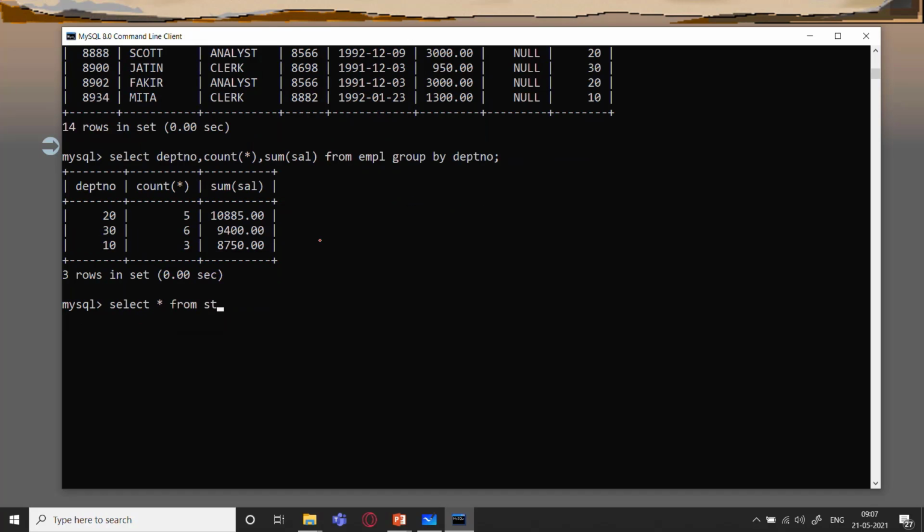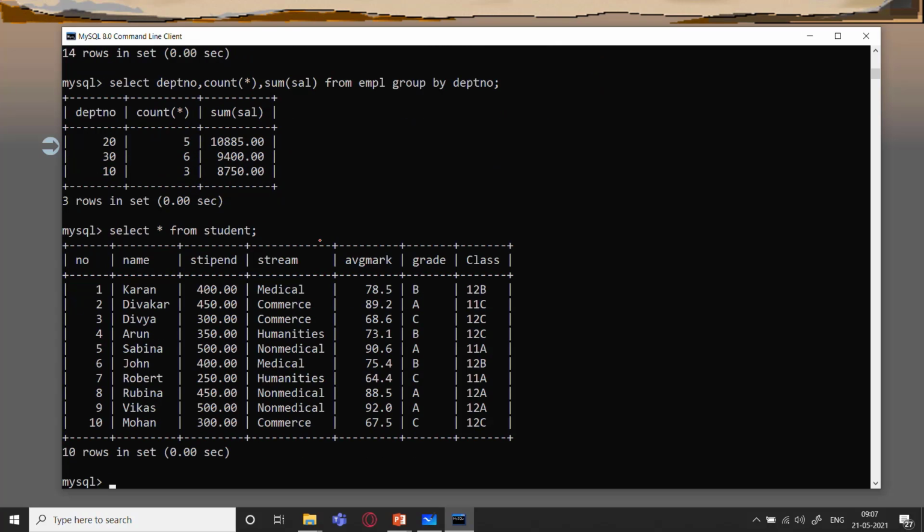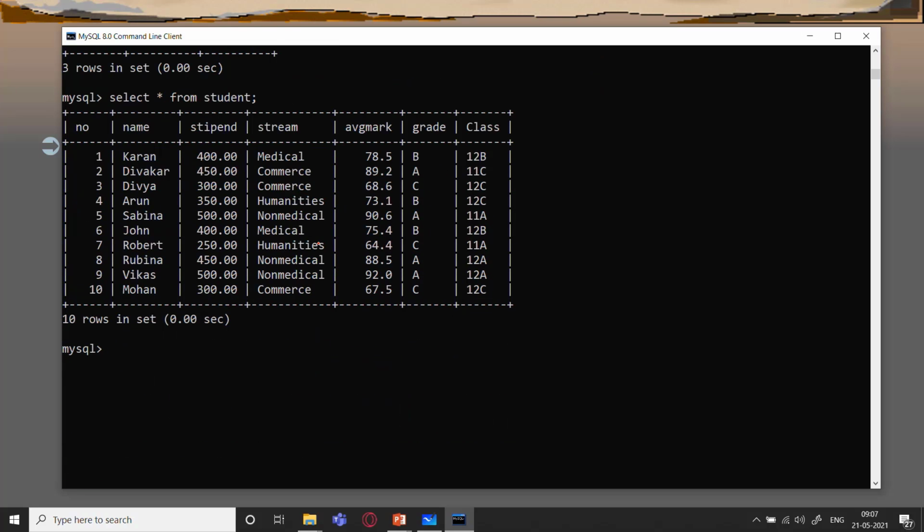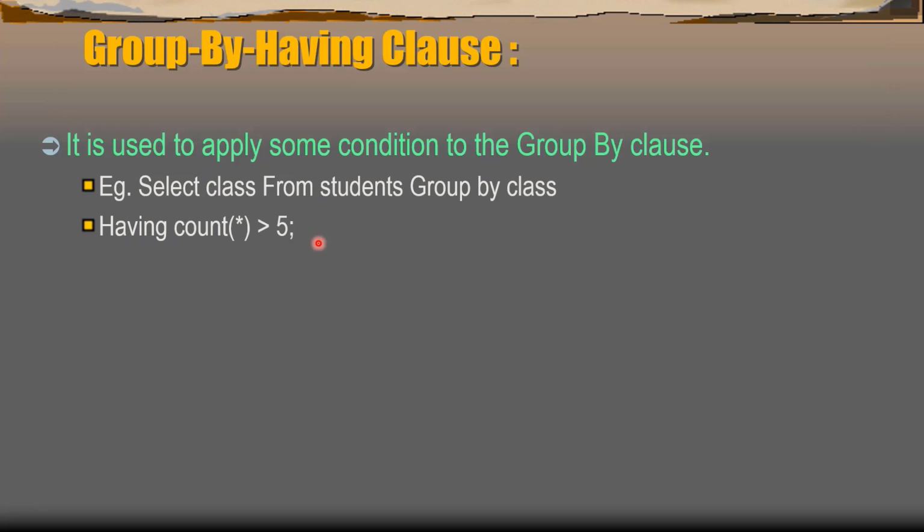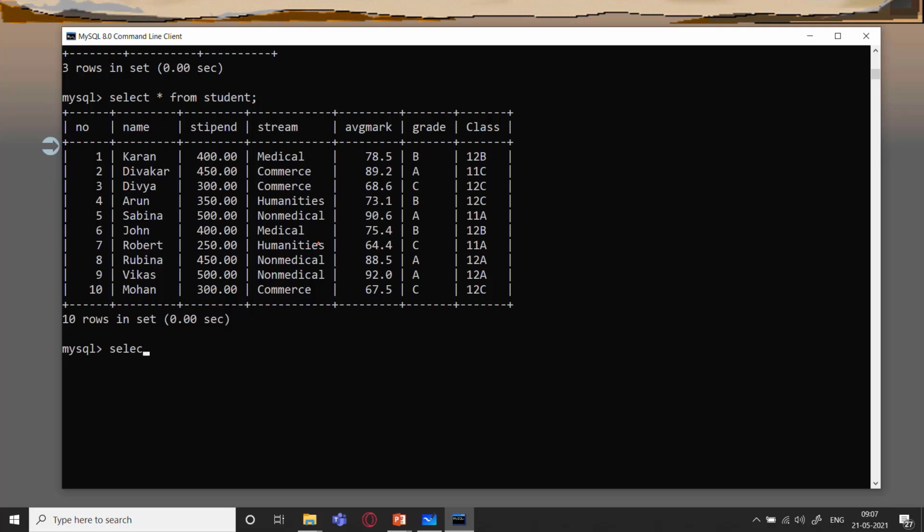If I have a table named student, yes, I have student. So I am going to apply this: select class from student group by class having count greater than 5.